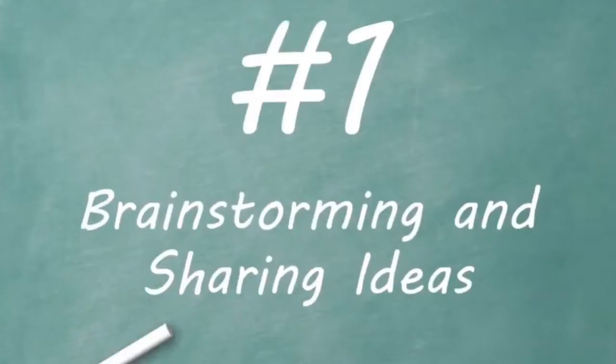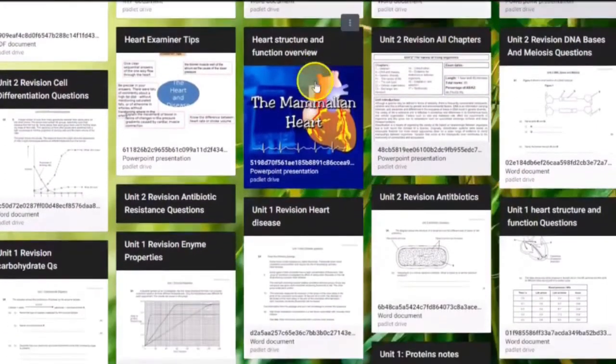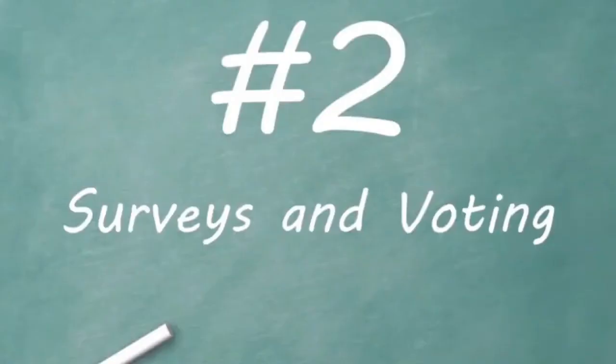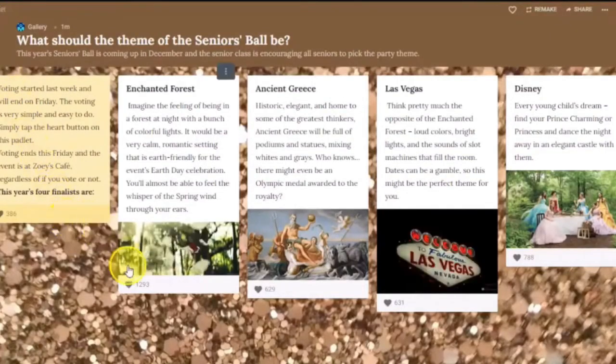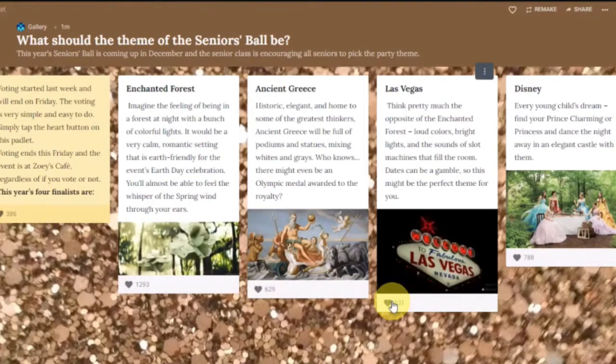Number 1. Padlet is a great tool for brainstorming and sharing ideas. Students in a class or group can contribute their ideas to one central online location. The brainstorming Padlet can then be saved and revisited later. Number 2. Padlet can also be used to conduct surveys and votes. Using the reactions functionality, teachers can post several options, then have students like or upvote the ones they wish to